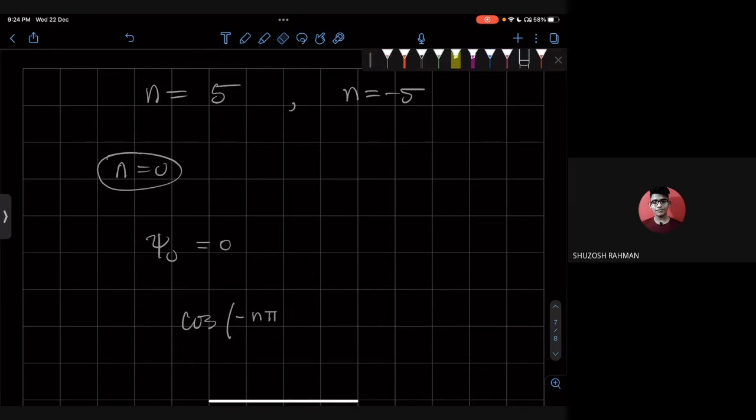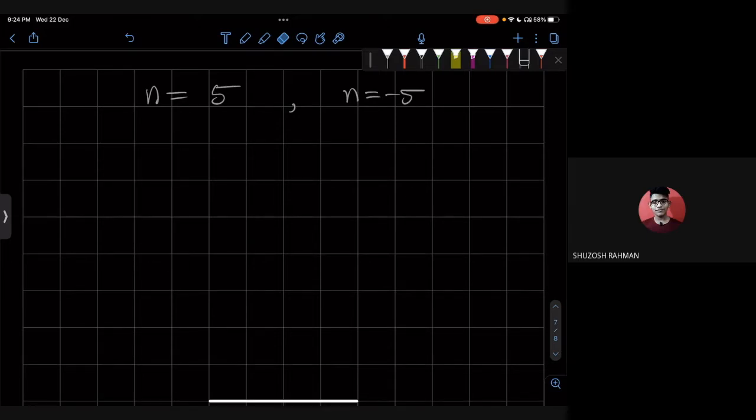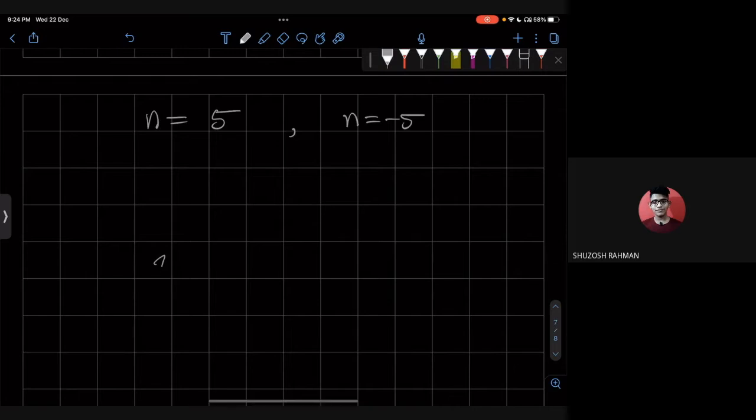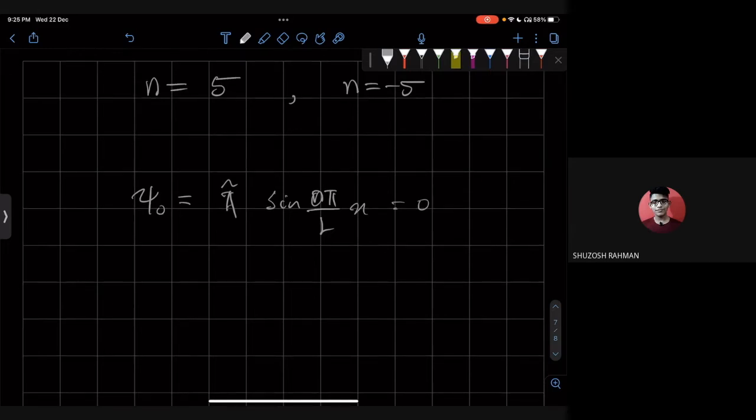Because when n is odd we have cosine, and when n is even we have sine. So psi of 0 will be A tilde times sine of n times 0 times pi over Lx, which is 0. So we see that the 0 wave function